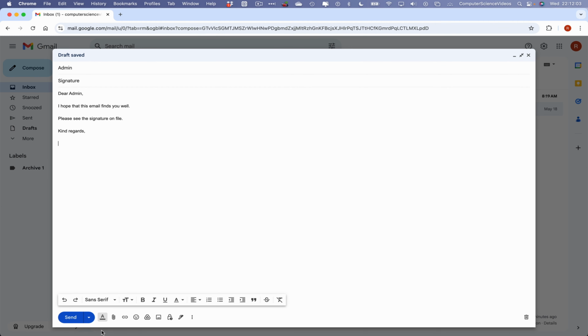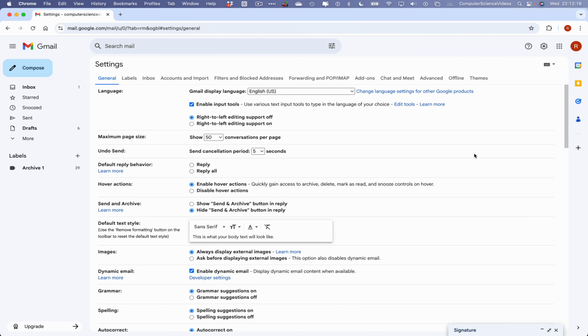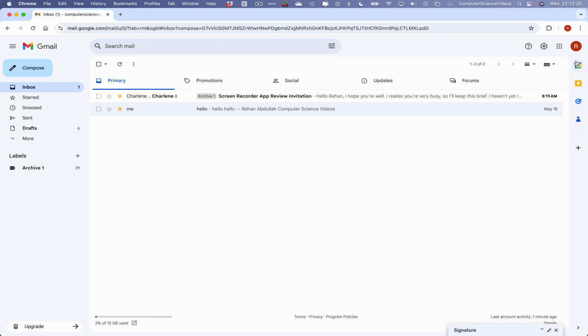And then go to the bottom of your screen, insert signature. We have a signature on file, which I've now inserted. We can also manage the signatures, which will take us to the settings, which we can navigate from the top